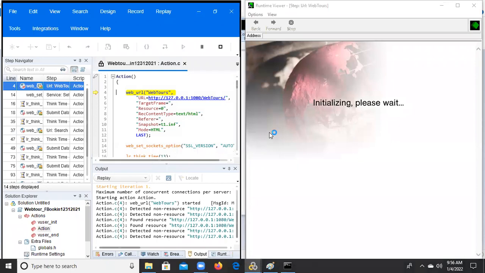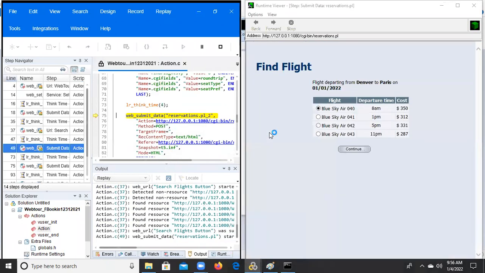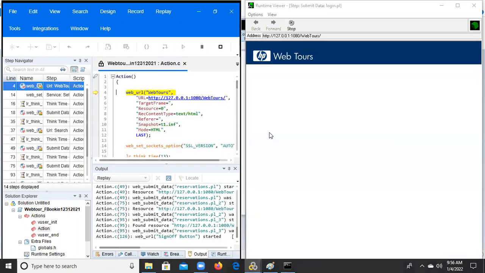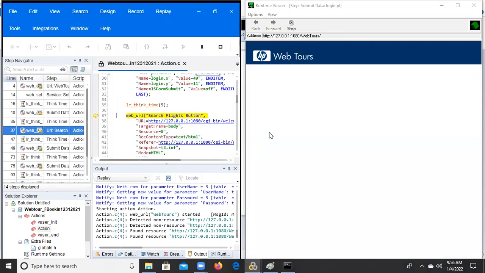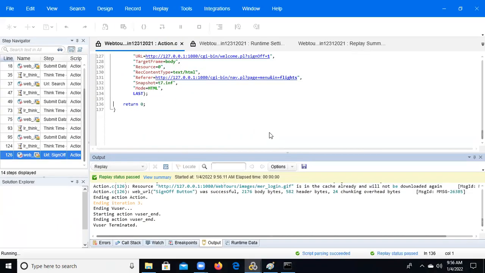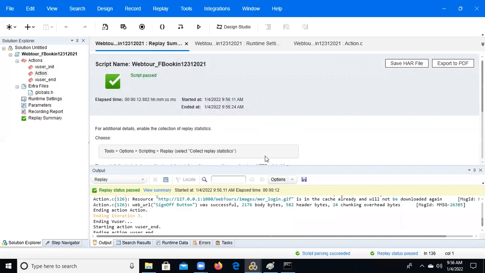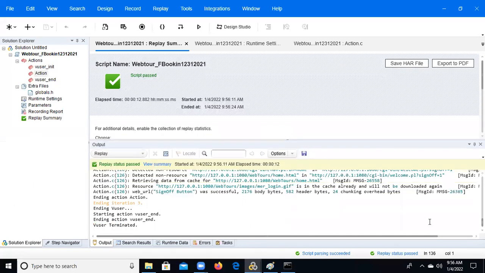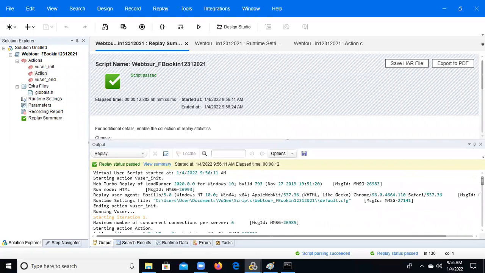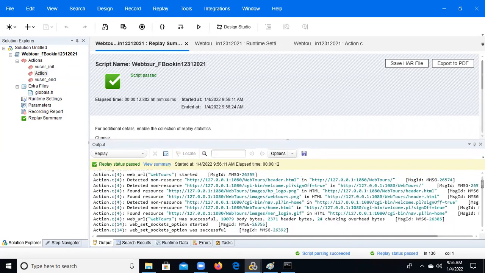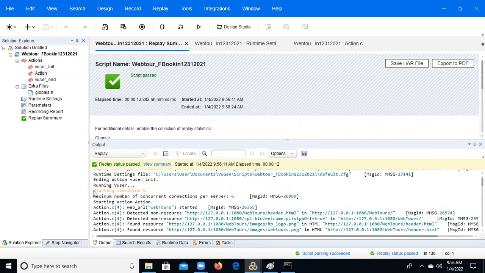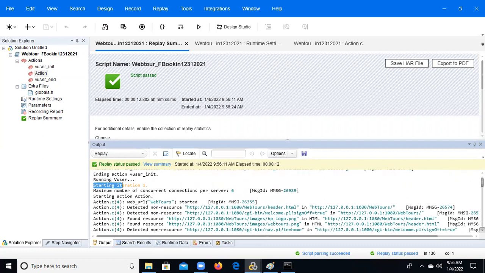You can observe the runtime view also, how it is going. See login, flight booking, payment, invoice, and again login, flight booking, invoice, and login, flight booking, payment, invoice. So 3 times it is iterated. Now we can check how it is taking values for each iteration. See, this is the starting of iteration 1. First iteration.